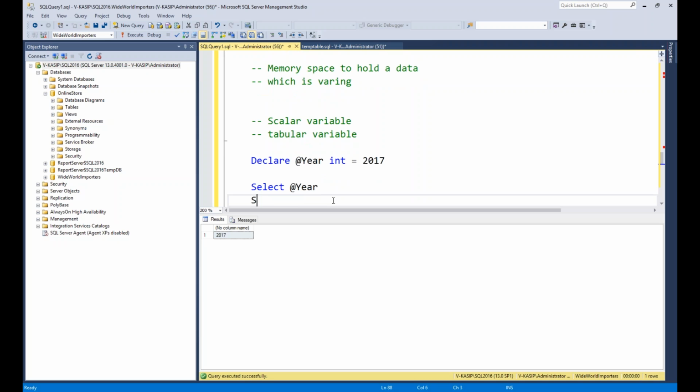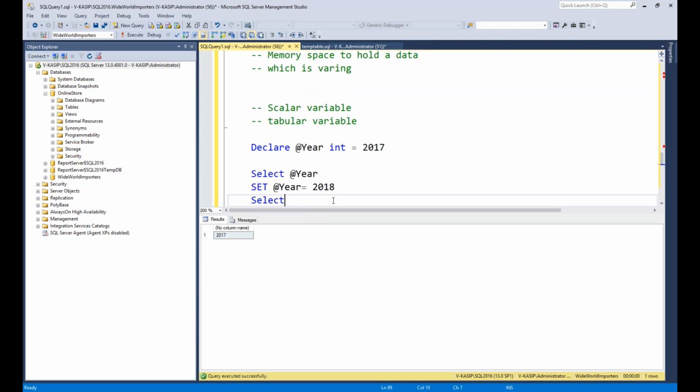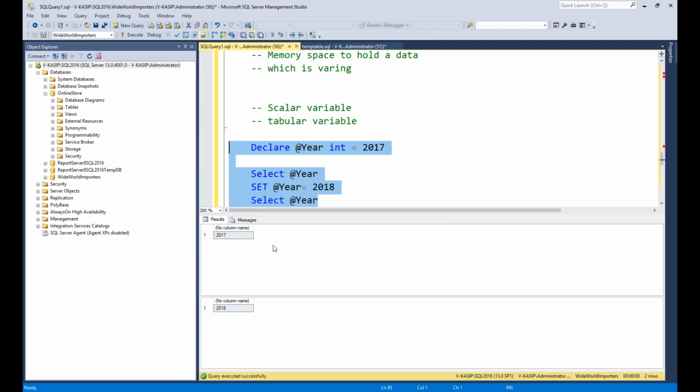Then I can use a keyword called set: set @year equal to 2018. Then if I select again, see, if I execute all these commands, first I have the value 2017, then I set 2018, so my value is 2018,